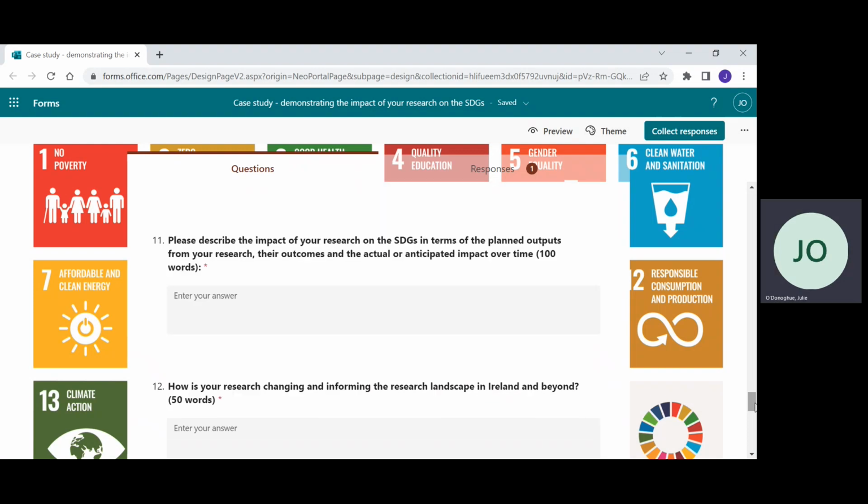Question 11 then, please describe the impact of your research on the SDGs in terms of the planned outputs from your research, their outcomes and the actual or anticipated impact over time. And we're suggesting that this is 100 words. So this is just really to elaborate in a few more sentences about the outputs of your research and how these are going to impact on the SDGs. So for